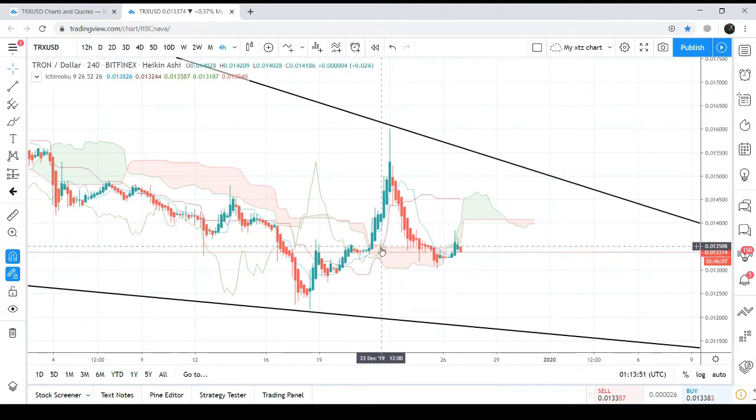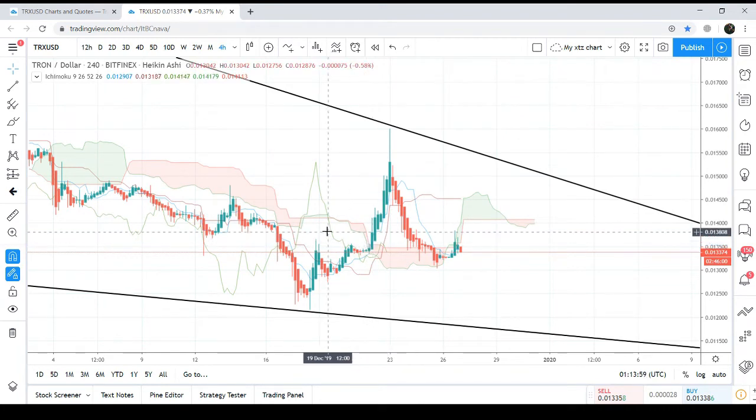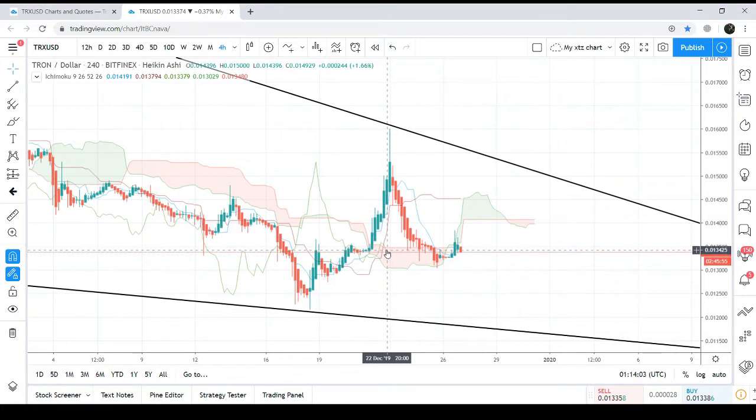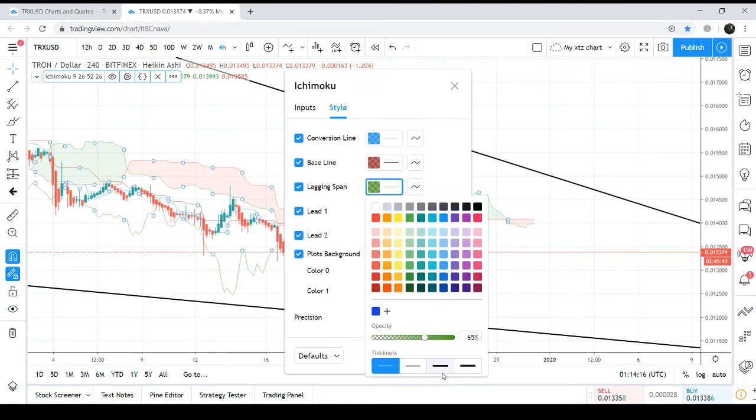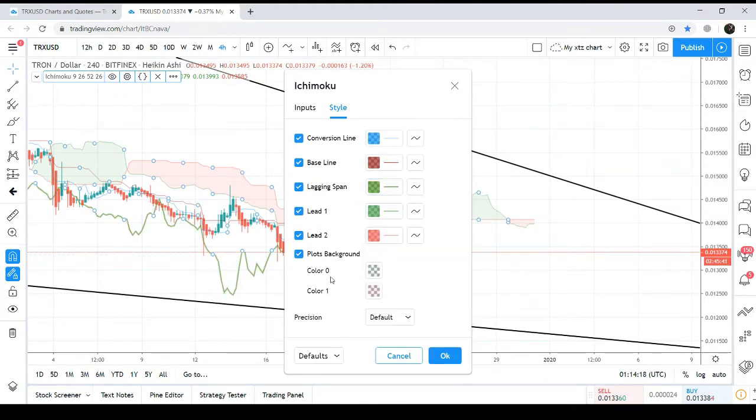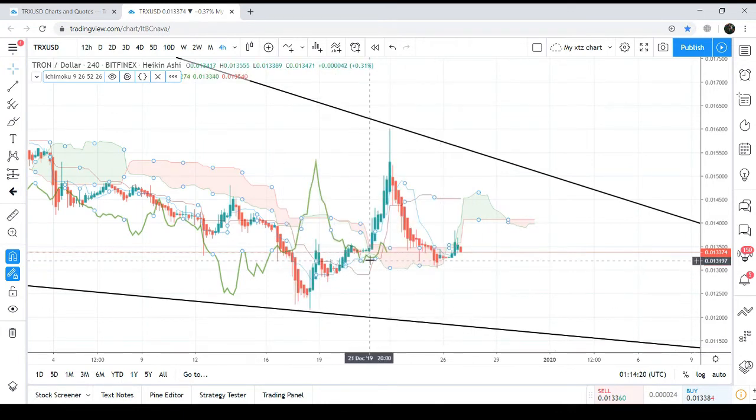Like here we had a weak bearish cloud, and the candlesticks very easily crossed up the cloud as well. So the lagging span is down, so we cannot expect a real bullish divergence unless the lagging span, let me make it more clear, more visible, so you can see the lagging span very easily. All right, now you can see we cannot expect a true bullish divergence unless the lagging span will cross up